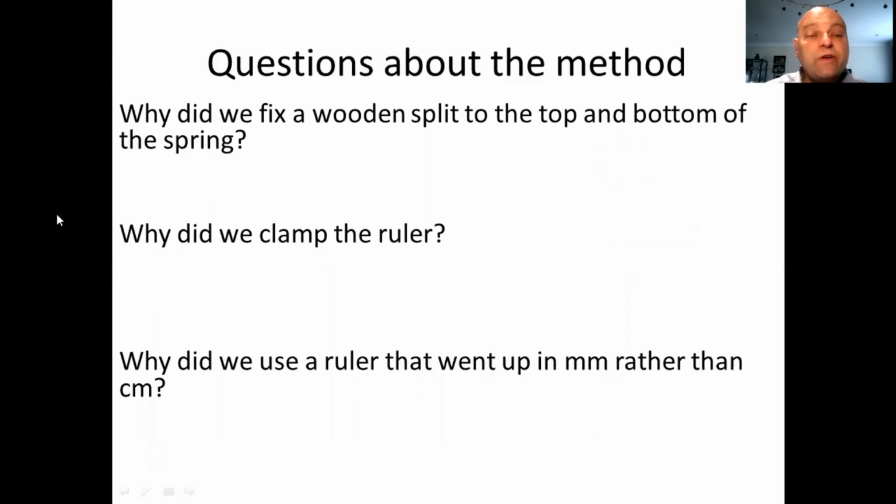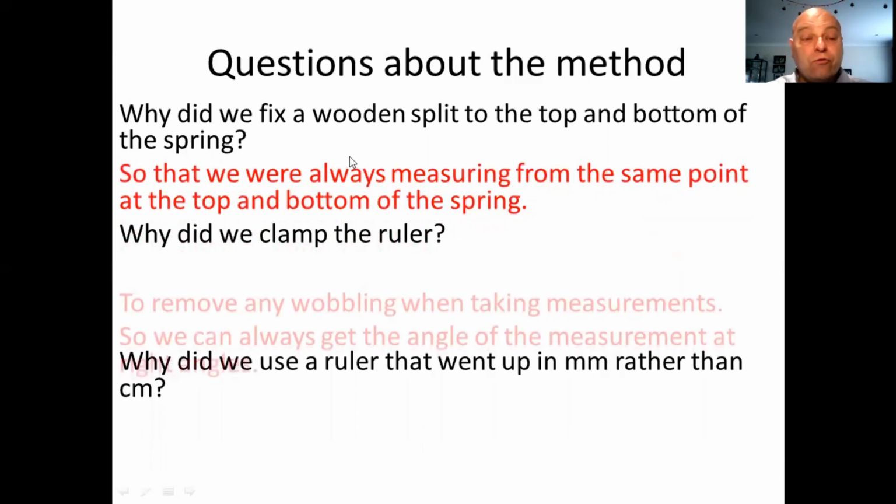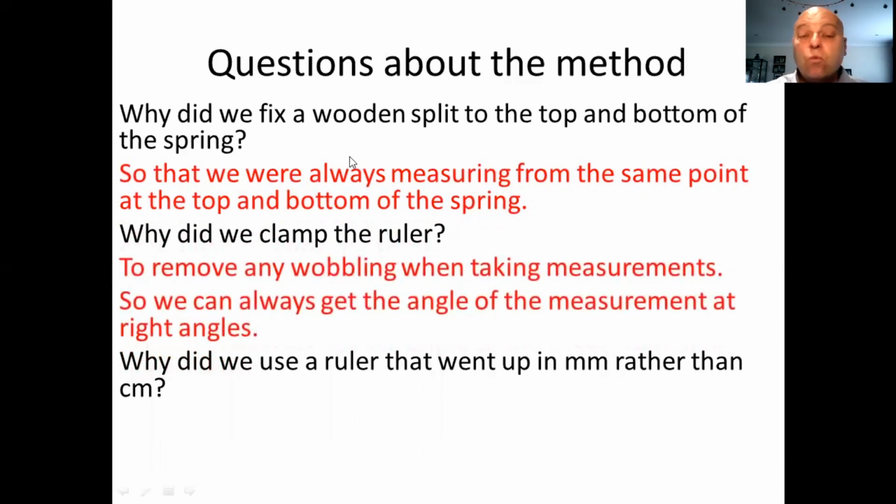Okay, so why did we fix a wooden splint to the top and bottom of the spring? Well, quite simply, we did that so it's always measuring from the same point at the top and the bottom of the spring, always measuring from the same points. Why did we clamp the ruler? Easy, to remove any wobbling when taking measurements, and also so we can get the angle of the measurement at right angle, so we didn't sometimes have the ruler going diagonal across, which would give us